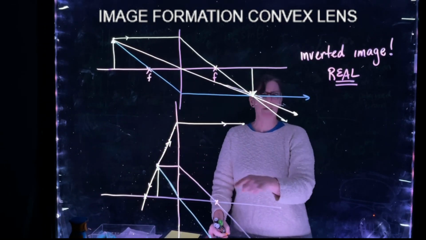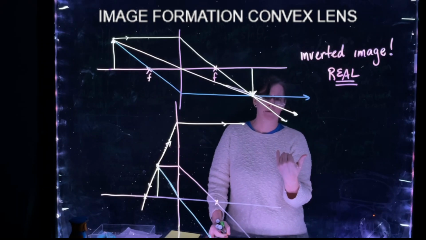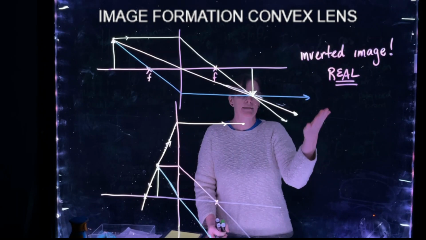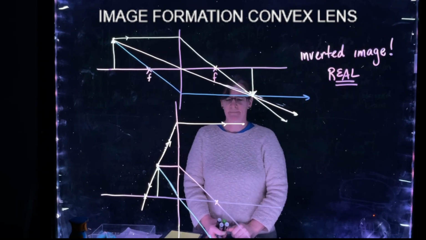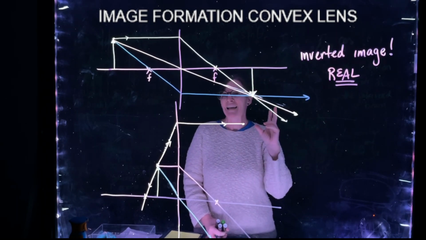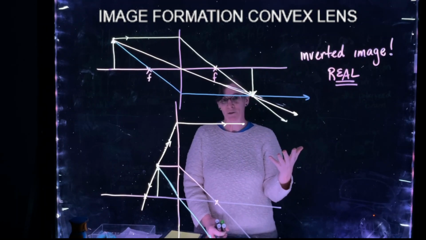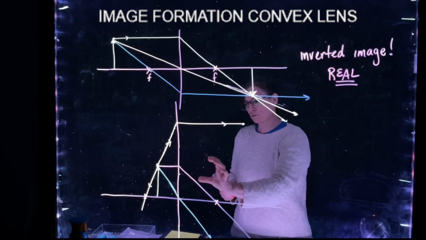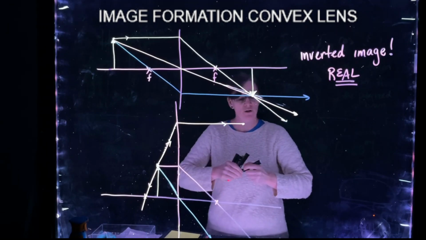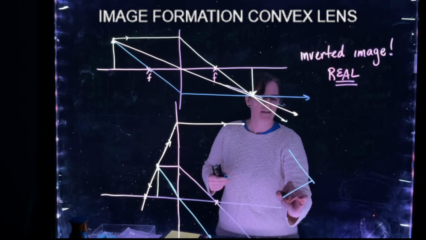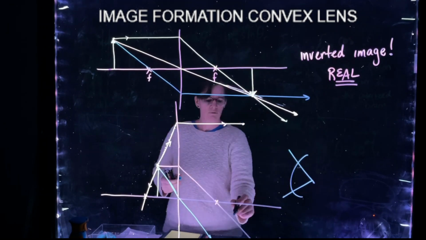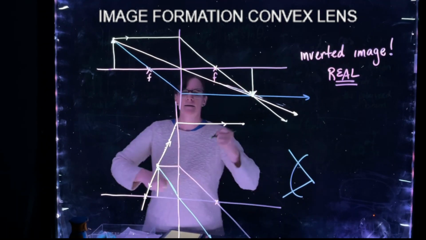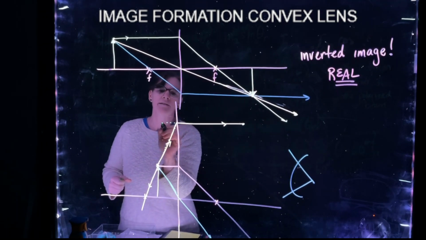Well, these three lines are never going to cross, which means I'm not going to be able to put a screen somewhere and see an image formed on that screen. But a type of image is actually produced. Because if my eyeball was over here, looking through this lens at this object over there, these three rays of light are the same rays of light that would hit my eye as if the object